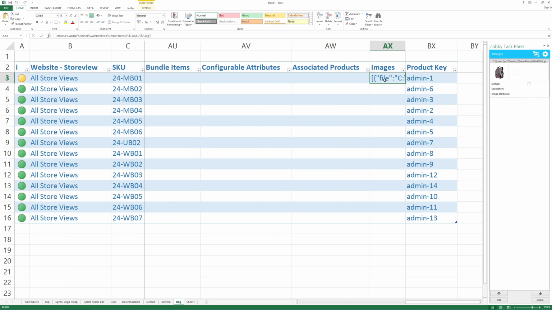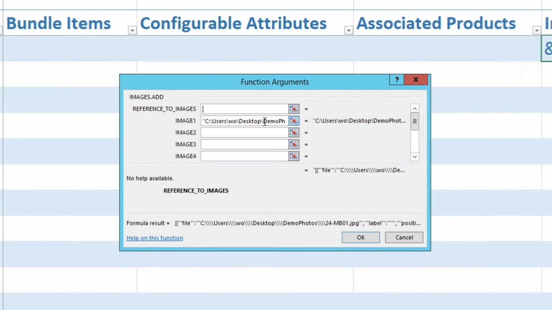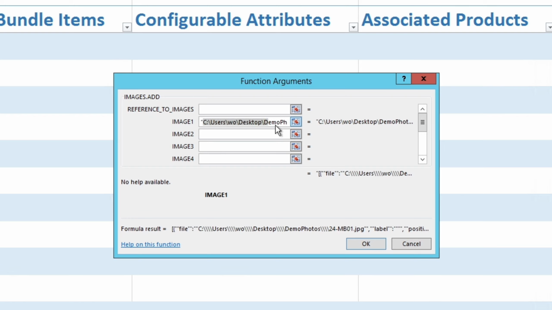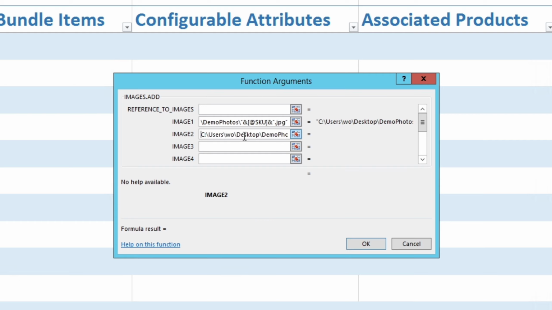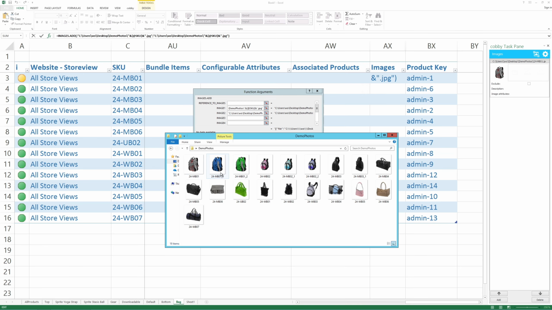However, what we want to do is add more than one image to a product. So we can click the insert function button again. We can copy everything from this line and paste it into the second one. Because of the way we named these images, as you can see, it says MB01, MB01_1, MB01_2.